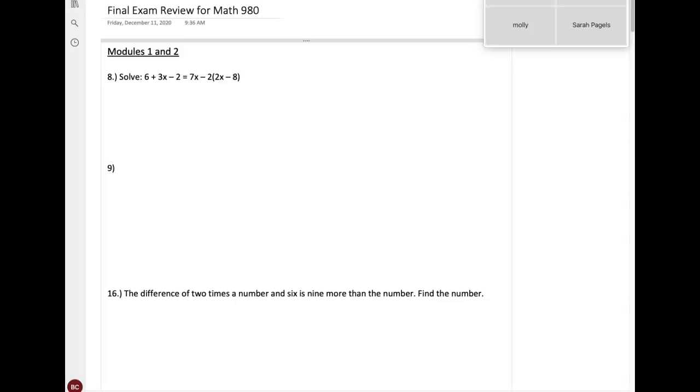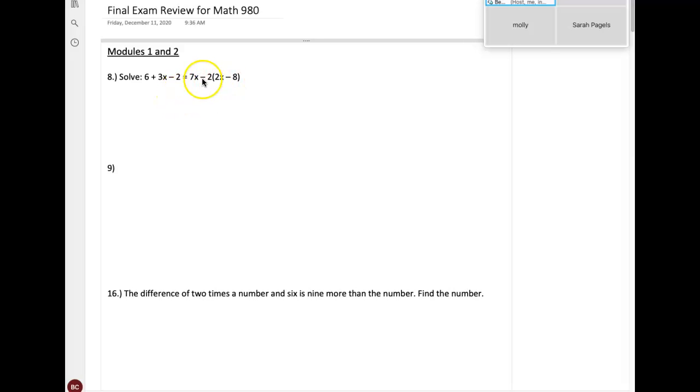All right, so let's look at this first one together, right? Being able to solve equations is definitely going to be something that you want to be very familiar with, one of the most important things that you probably learn in 980. So,